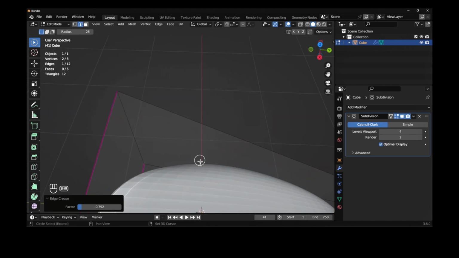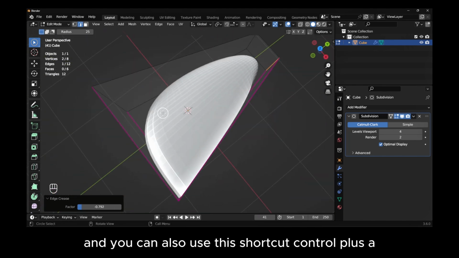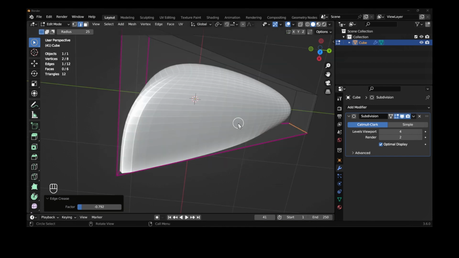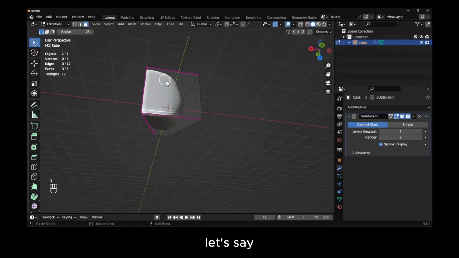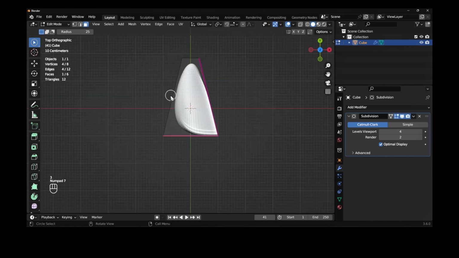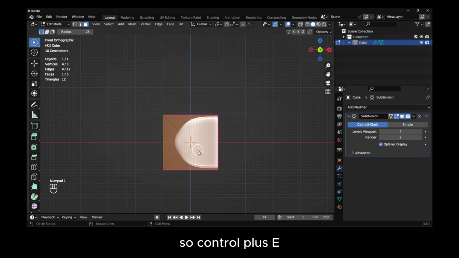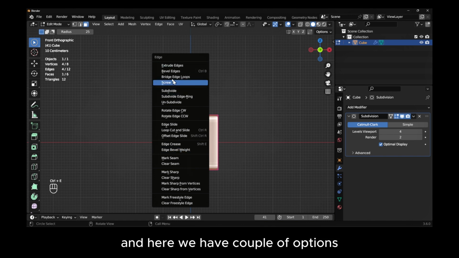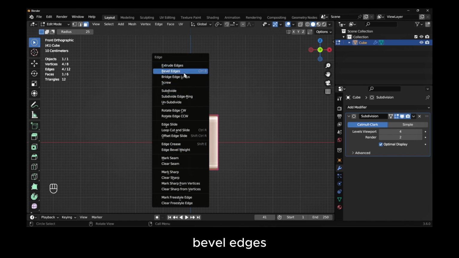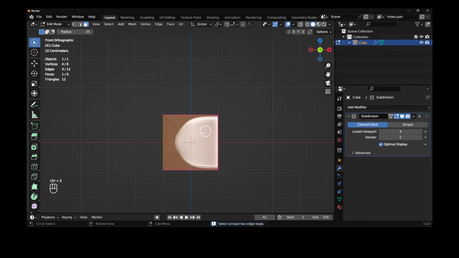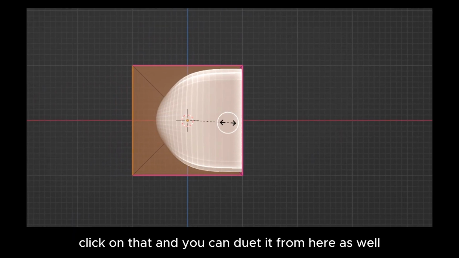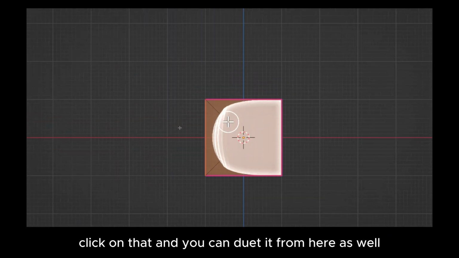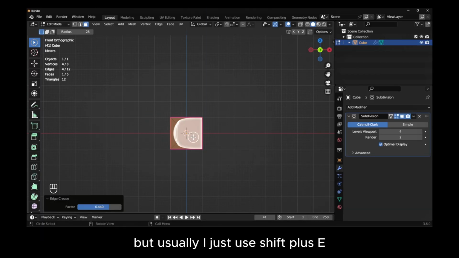All right, and you can also use this shortcut, Control+E. Here we have a couple of options: extrude edges, bevel edges, bridge edges, loops, and we also have here inch crease. Click on that and you can do it from here as well, but usually I just use